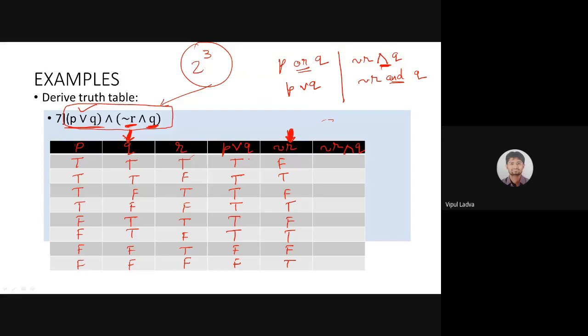So let's try to have the truth value of this particular column. We'll be focusing on the second and the fifth one. The truth value of the first is true, this is false. We may have the truth value true if both of them are true, but one of them is false, so this will be false. This will be true because both these values are true. F. Now, I'm interested in this particular one. What will be the case if F and F? What will be the case if both the statements are false? False. It will be false.